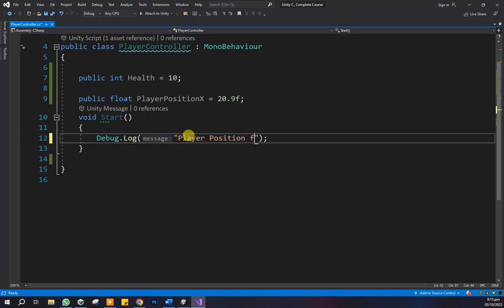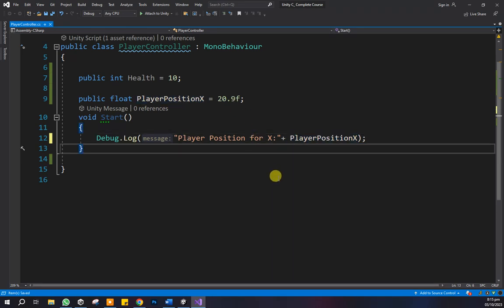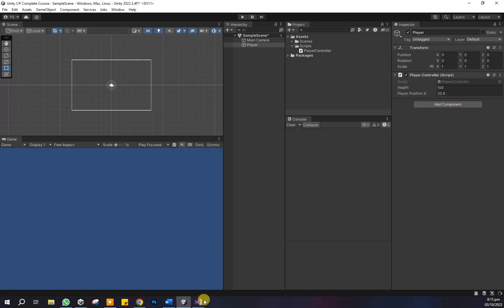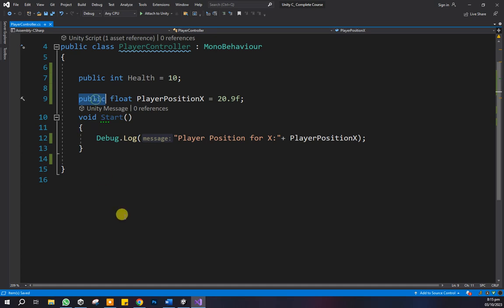प्लेयर पोजीशन फॉर एक्स। आपके पास कोई एक्स कोऑर्डिनेट है, वहाँ पर प्लेयर की पोजीशन क्या है, यहाँ पर सिंपल आप प्लेयर पोजीशन टाइप करें और हमें यूनिटी के अंदर इसको रन करके देखते हैं हमारे पास क्या वैल्यू प्रिंट होती है। You can see here player position x. अब इंस्पेक्टर के अंदर भी हमने इसे पब्लिक रखा है, तो पब्लिक जो भी होता है उसे हम इंस्पेक्टर के अंदर जस्ट लिख सकते हैं। Let's suppose if it's not public, if it's private,